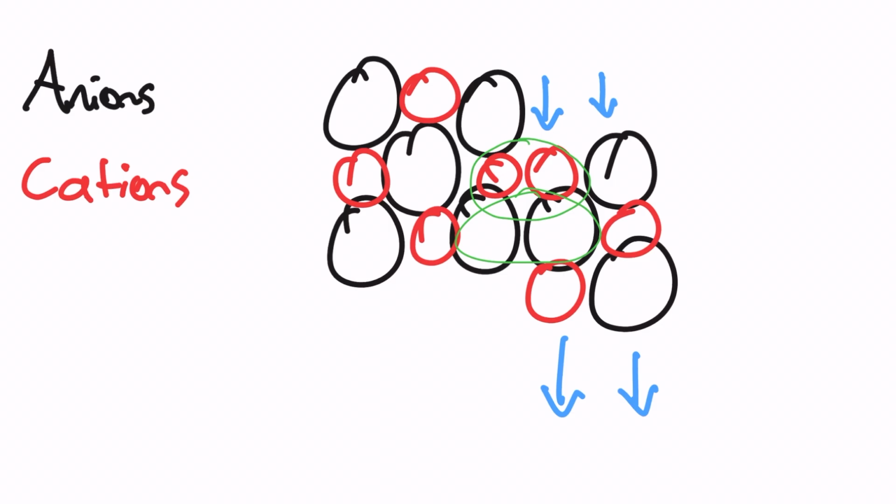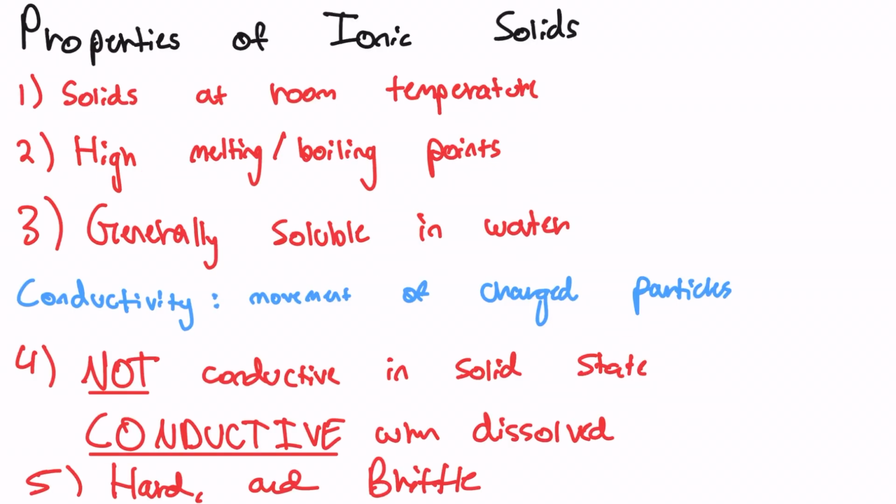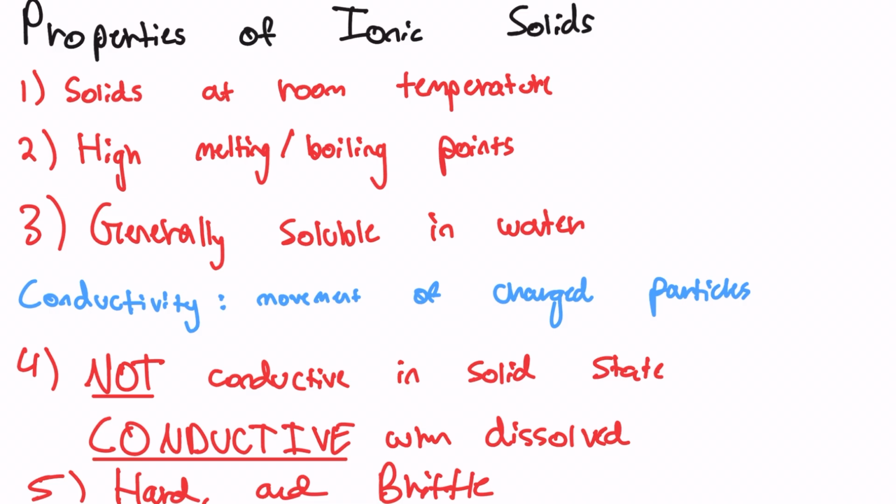And so what happens if atoms of the same charge begin touching each other? They will repel. They will repel the other away from themselves. And so the crystal lattice breaks. That's why we refer to ionic solids as brittle. Because if we were to apply a force on them, their anions and cations would shift and begin repelling one another. And so they would shatter into thousands of little pieces. So, these 5 properties that I've written down here are all ones I think you should be familiar with and